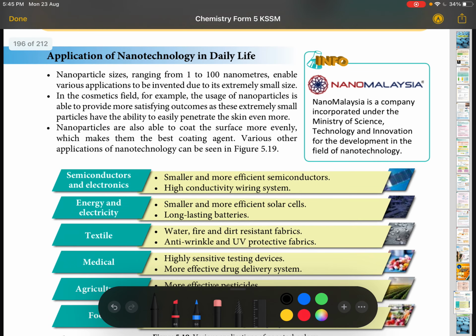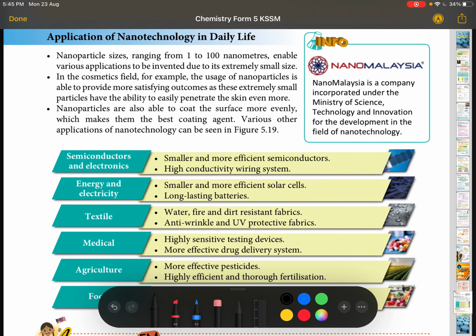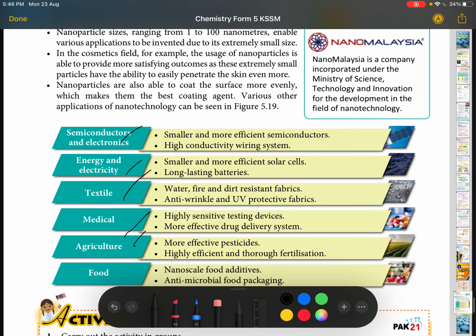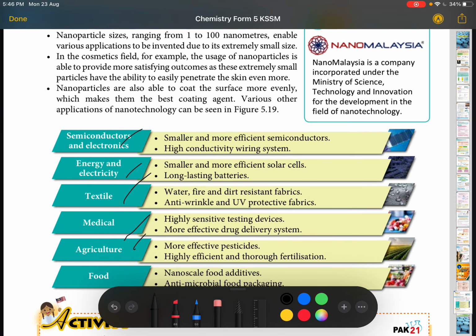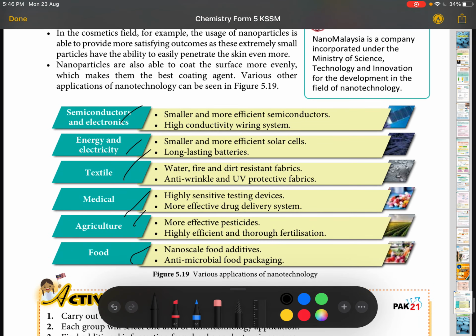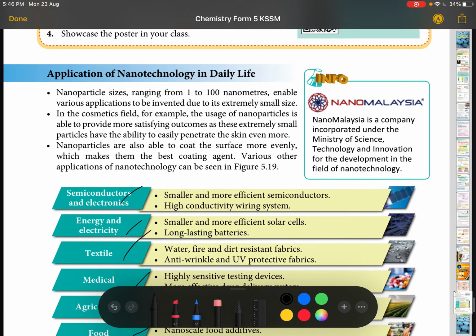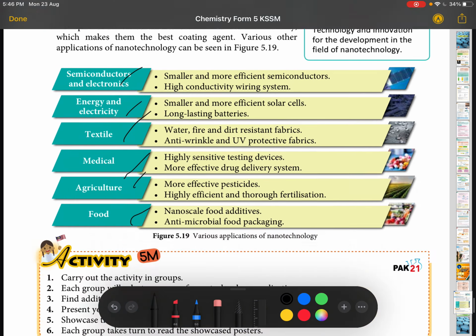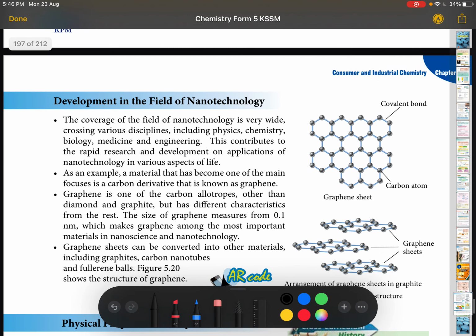Let me see the applications. I don't know if they'll mention more about these examples. Semiconductor, energy, textile, medical, agriculture, drug delivery system. Ooh, and food. Yeah, I think you can read this yourself. And then next is